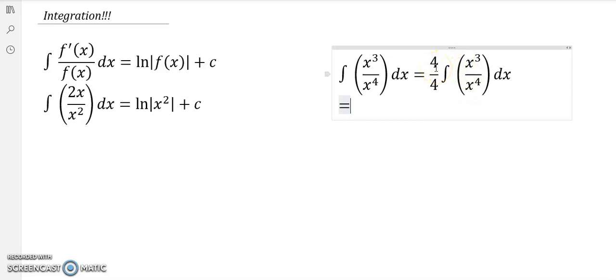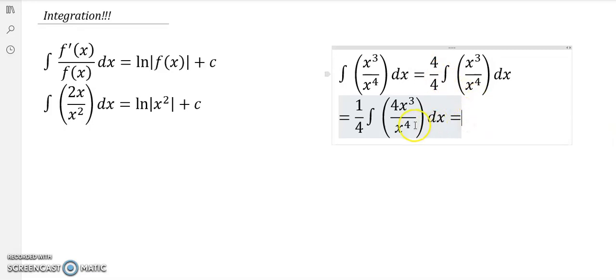Therefore, we will be left with 1 over 4 the integral of 4x to the power 3 divided by x to the power 4 dx